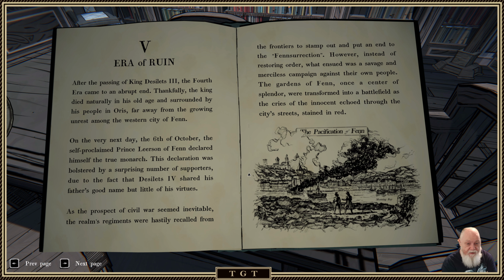As the prospect of civil war seemed inevitable, the realm's regiments were hastily recalled from the frontiers to stamp out and put an end to the Fensurrection. However, instead of restoring order, what ensued was a savage and merciless campaign against their own people. The gardens of Fen, once a center of splendor, were transformed into a battlefield as the cries of the innocent echoed through the city streets stained in red. And we're going to